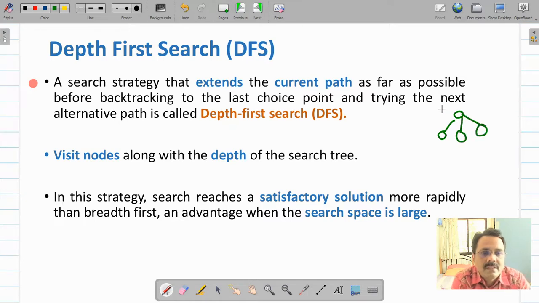So initially you will be starting with some initial state. Suppose initial state is state S, and successor of this S you can generate by applying set of rules which are applicable on this current state. Suppose successors generated are A, B and C.